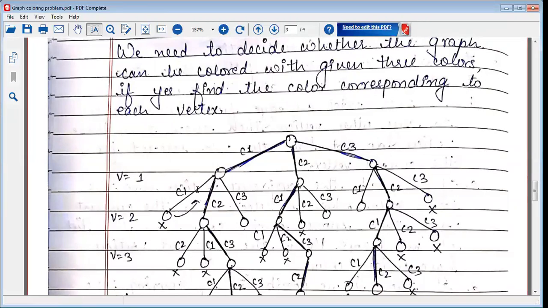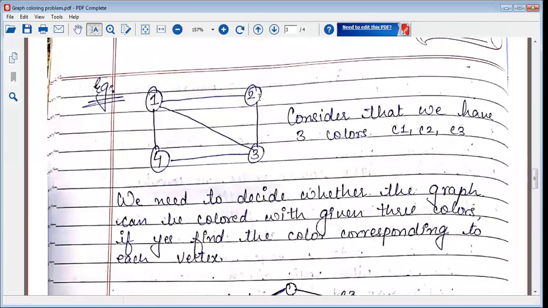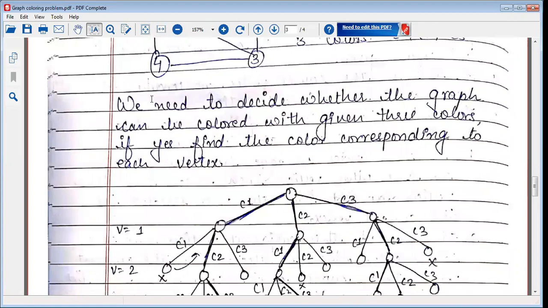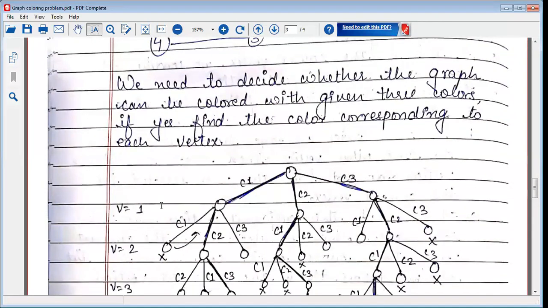You can look at the graph, the adjacent vertices of 1 are 2, 3, and 4. So if C1 is selected for vertex 1, I cannot select C1 for 2, 3, or 4. So we explore the next vertex, vertex 2. It is already getting the first color, C1, and if I apply the same color to the second vertex, the adjacent vertices have the same color.